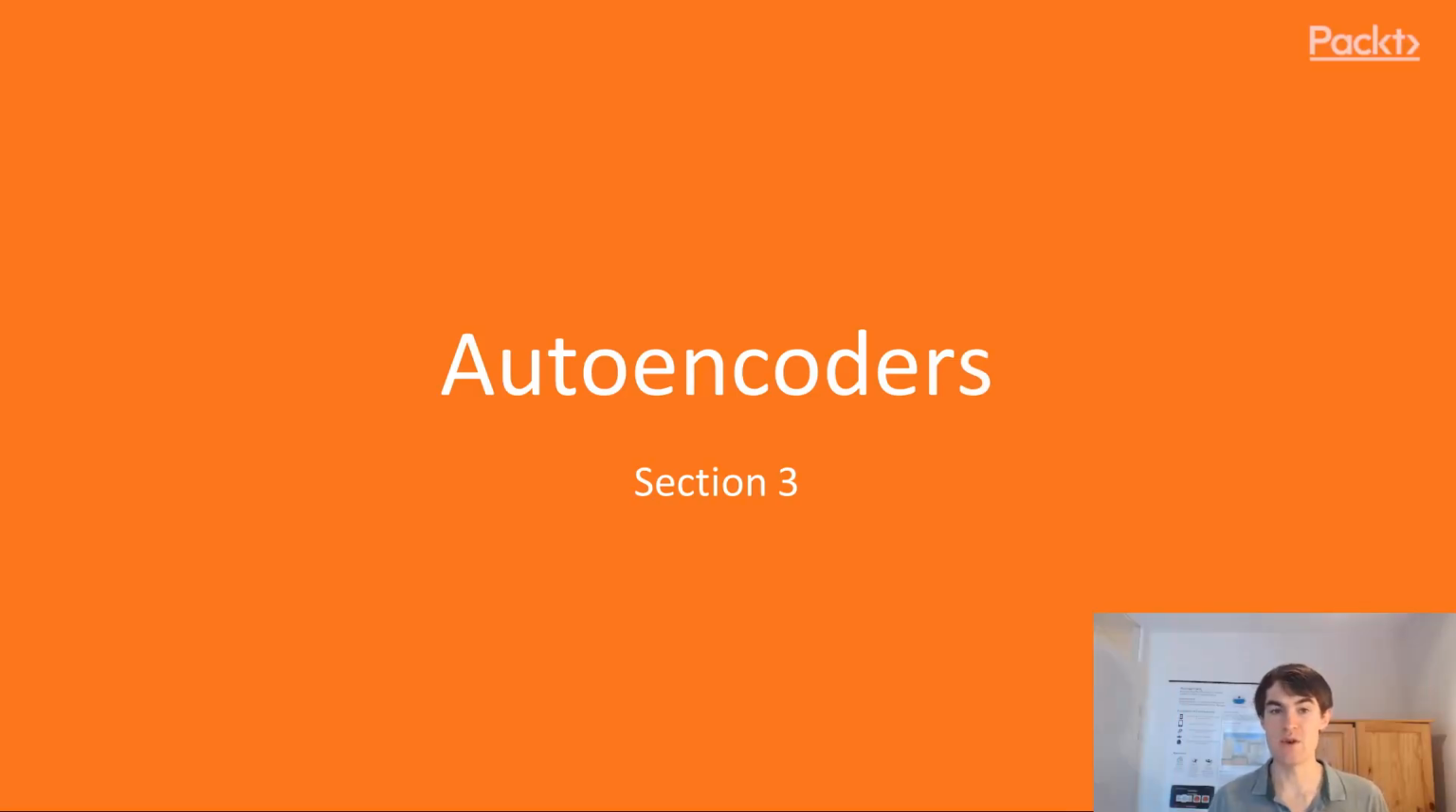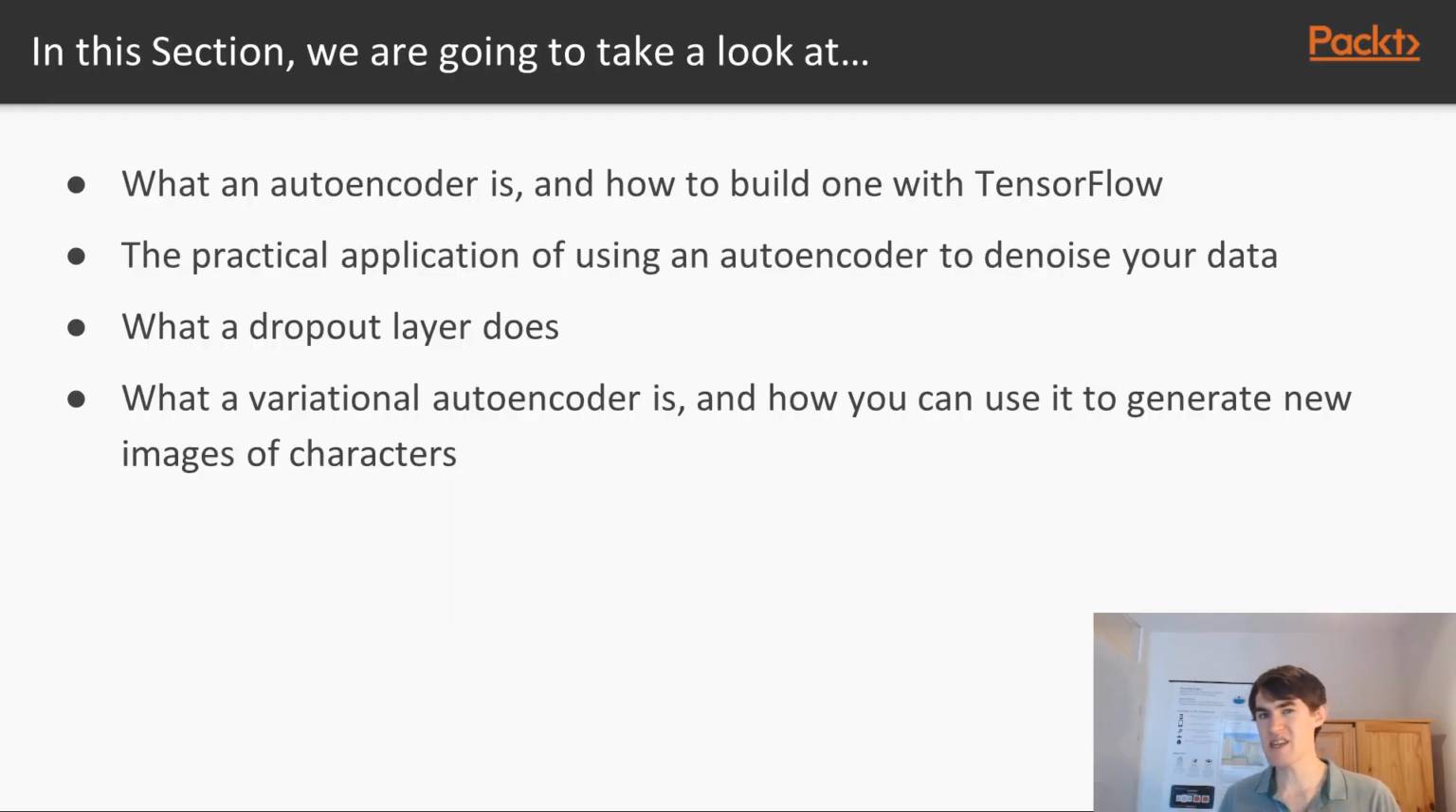Welcome everybody to the third section of this course, where we are going to talk about our first unusual neural network, the autoencoder. So in this section we are going to take a look at what an autoencoder is and how you can build one with Tensorflow, the practical application of using an autoencoder to denoise your data, for example, what a dropout layer can do for you,